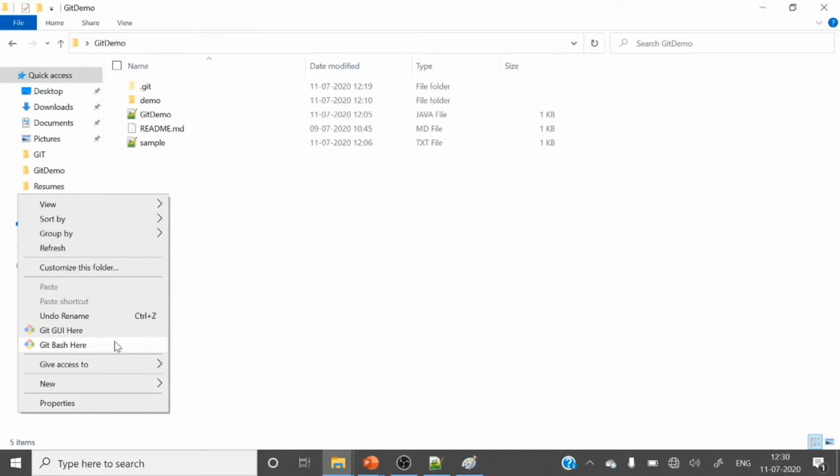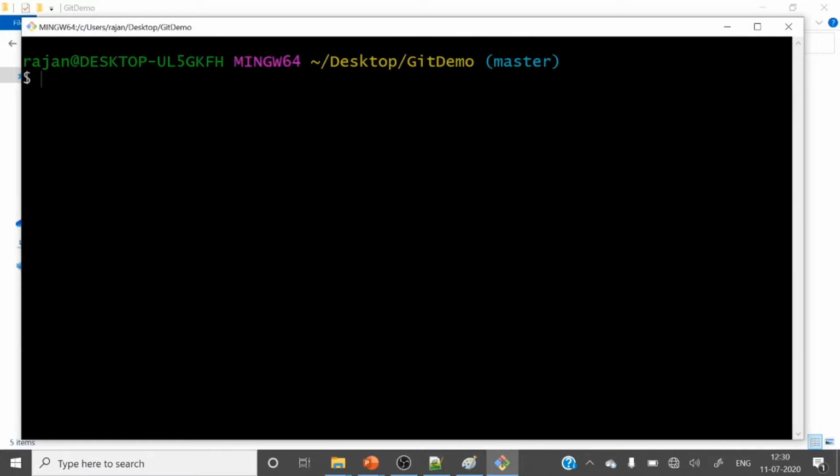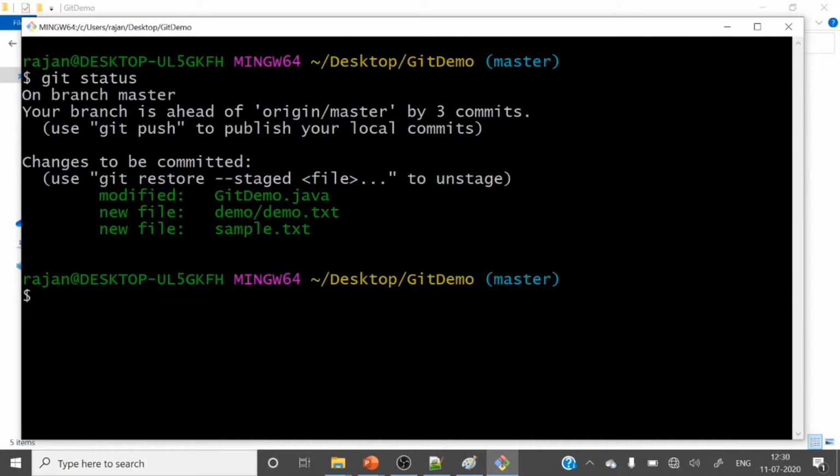Let me open git bash and run git status to check whether anything is staged or not. Yep, everything is staged: GitDemo.java, demo.txt, sample.txt. These three files are already in the staging area.